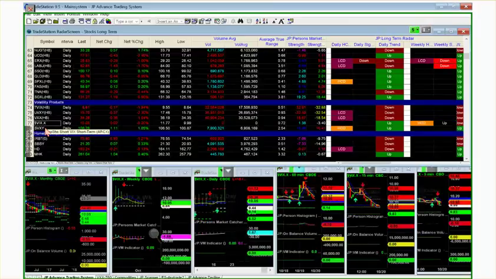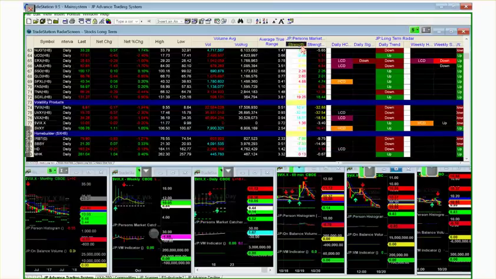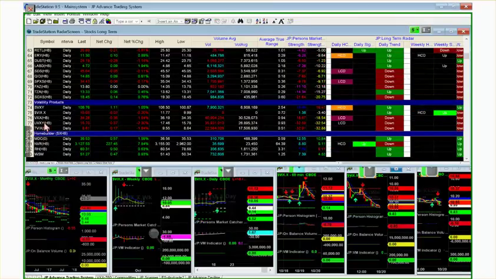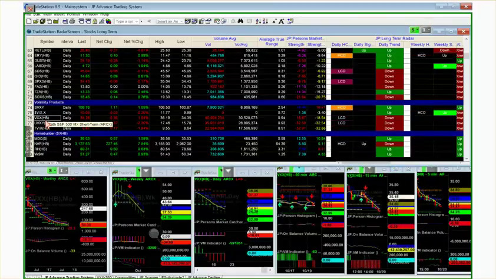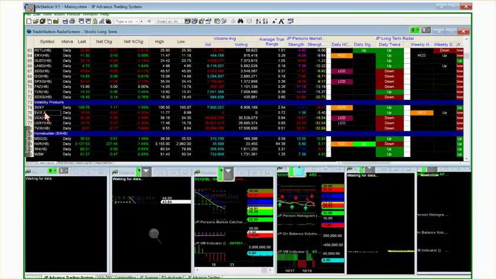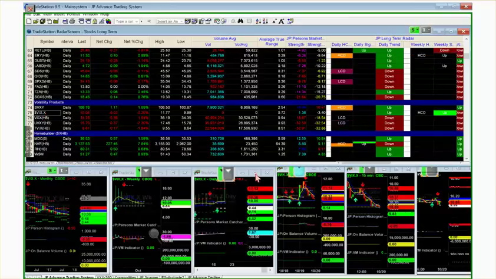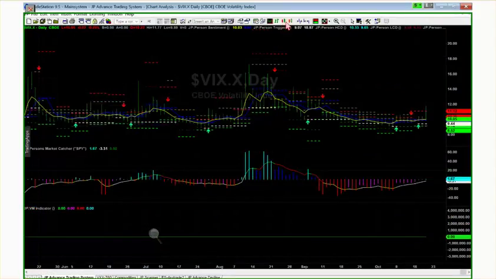Now, I think two days ago, what I did, using my lifetime, this is the Person Lifetime package. This radar screen with TradeStation allows me to see a lot of stuff, and my signals, which we've programmed in, allow me to look at my Person's Market Catcher as far as relative strength. I can see immediately a lot of things. And one of the things that I noticed on the VIX as I put this out, and let me change this over to a candlestick because this is kind of interesting here.